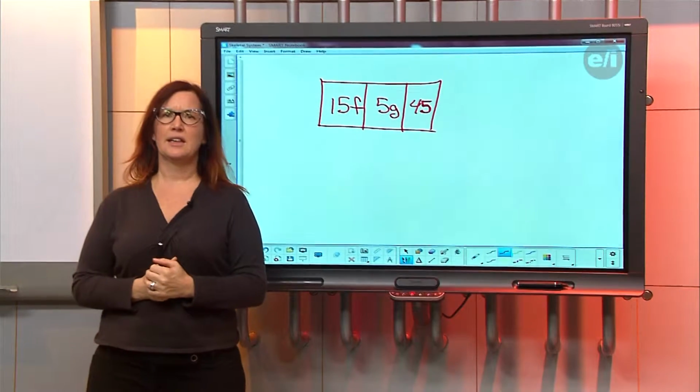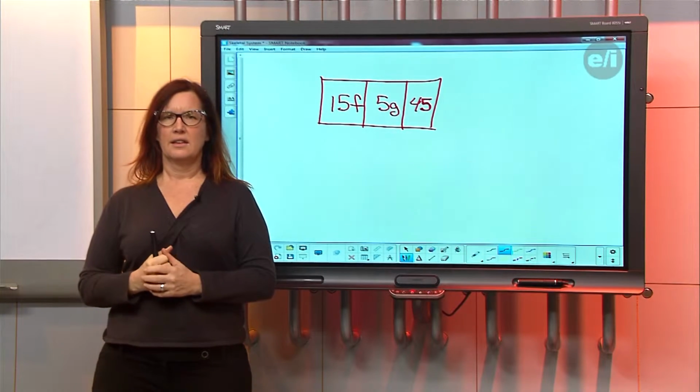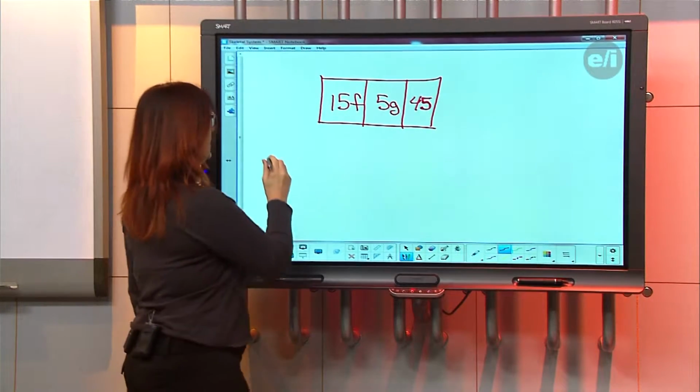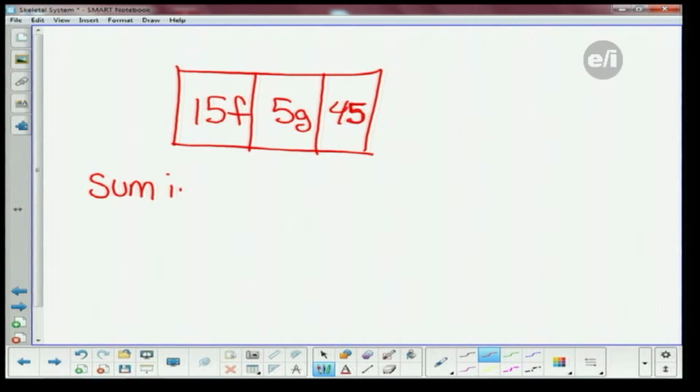It says write the sum represented in the area. Okay. In the array. Okay. In the rectangle array. Okay, write the sum in the array. And is there anything else we need to do? And write the sum and as a product of 2 factors. Okay, and as a product of 2 factors.